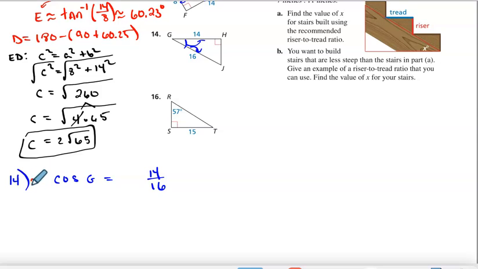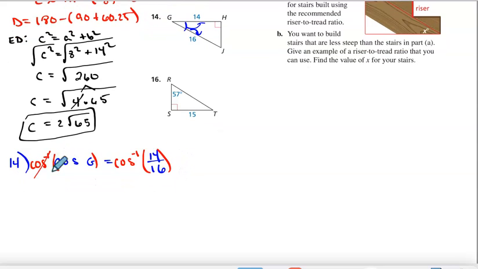I want angle G, so I'm going to use the cosine inverse. I'm going to take the cosine inverse of both sides. The cosine inverse and the cosine will cancel each other out, and you're left with G equals the inverse cosine of 14/16. That goes right into my calculator. Cosine inverse of 14 divided by 16, and that gives me about 29 degrees. Okay, so perfect. So now G is going to be 29 degrees here,